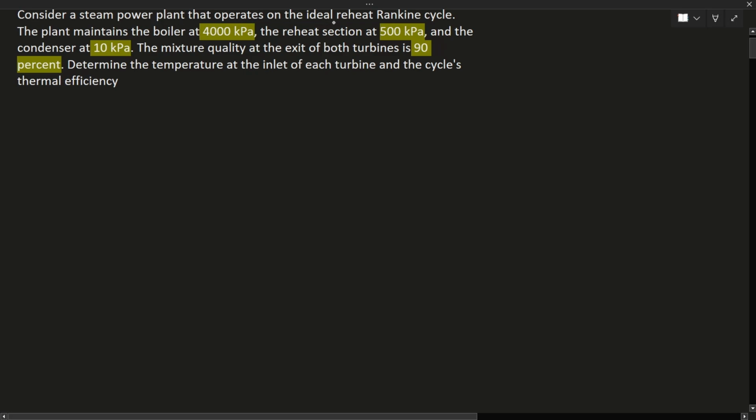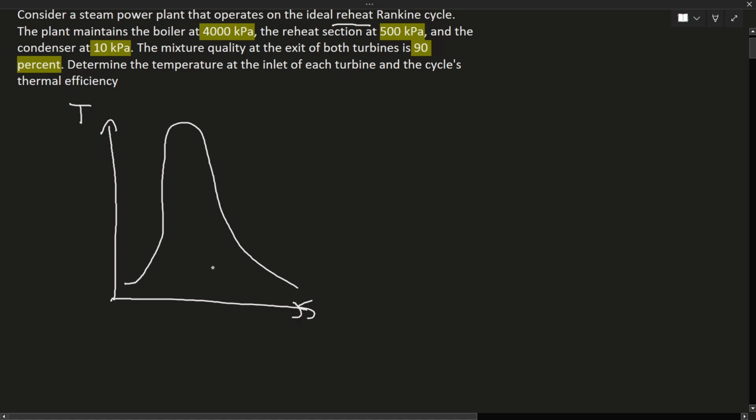Well, I'm not going to read the whole thing, but basically we're dealing with the reheat Rankine cycle. So the first thing that you do is you draw the TS diagram. Not only are you going to get partial credit for this, but it also makes you look better. So step 1 over here, step 2 over here, goes up like this,